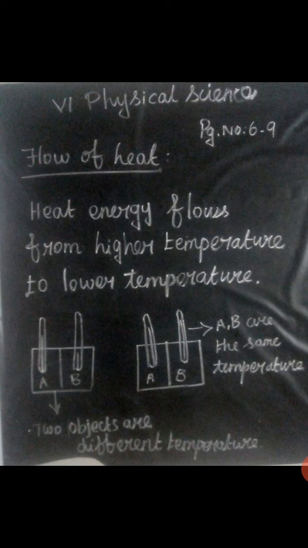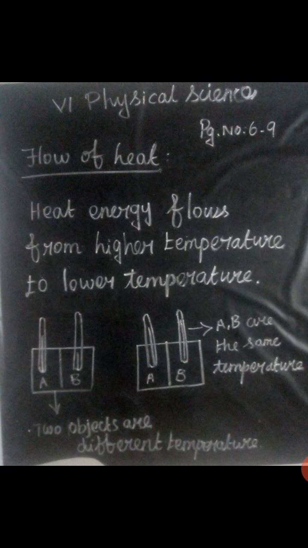See in this picture, first one, A and B are mentioned, two different temperatures. A is higher temperature, B is lower temperature. So they are not in contact position, A is separate and B is also separate. Then when the two objects are in contact position, the temperature flows from A to B, and in the end A and B are the same temperature. That is thermal contact.